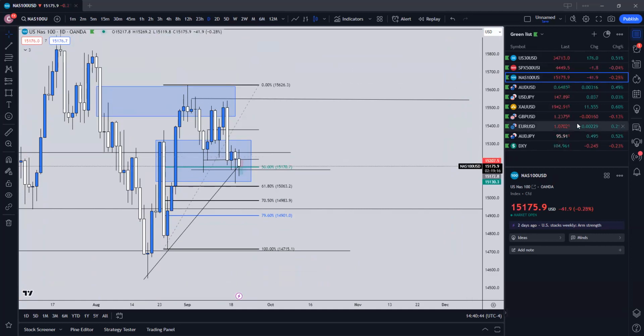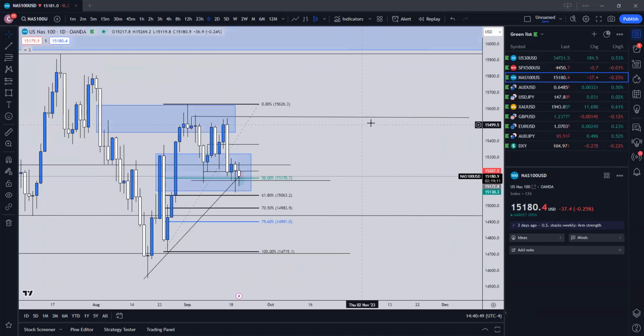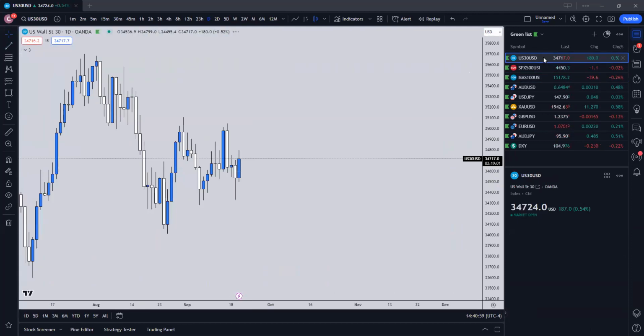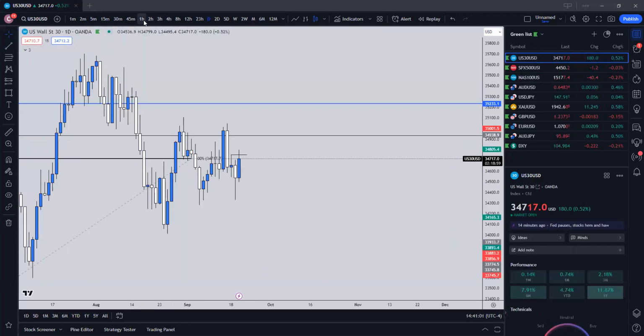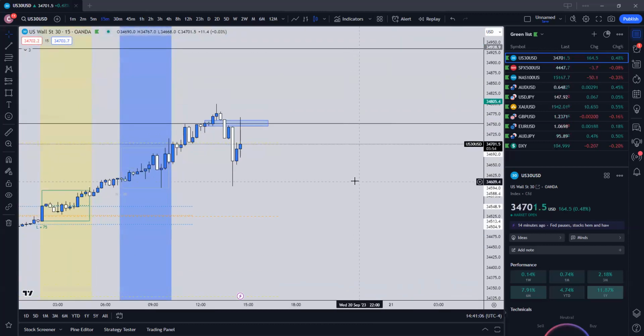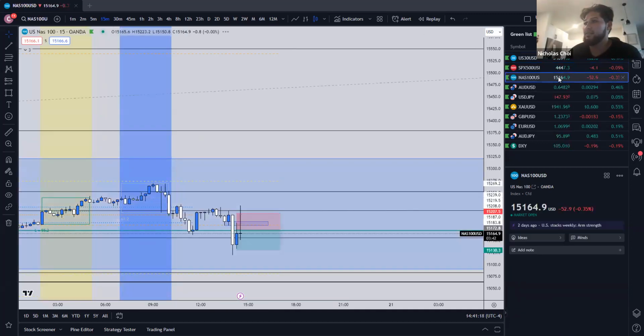I was watching the low from Tuesday, and I was expecting FOMC to shoot into that area and then take off. But I was expecting it to take at least a half hour digging around in that low, but it just took off. I don't know if it's going to go back into that Tuesday low and then take off, or if it's just taking off after only being in there for 15 minutes. I don't know.